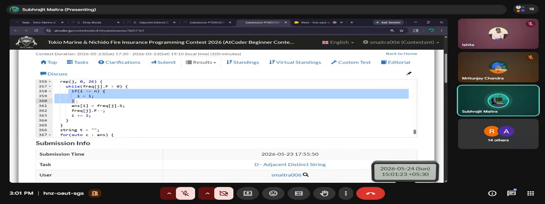Now you may ask, why this check? What does it tell? While going through the even indexes, if I reach n, suppose the length of my answer is 9. Now I'm traversing. I have placed at 0th index, then I have placed at 2, 4, 6, 8.